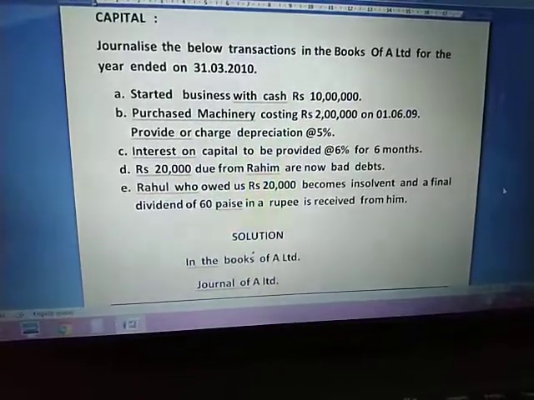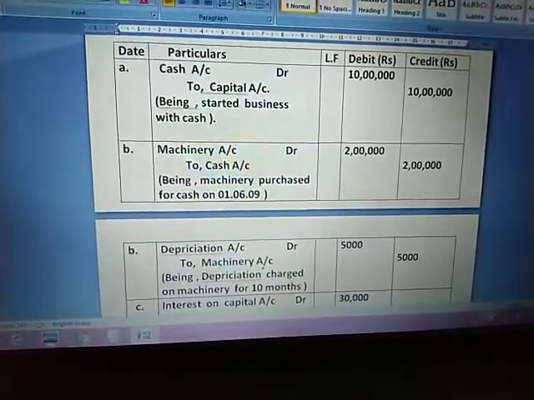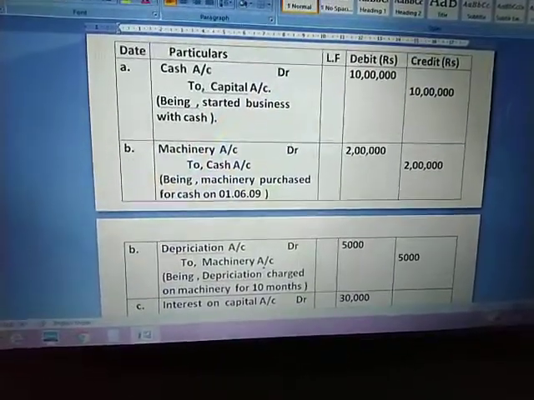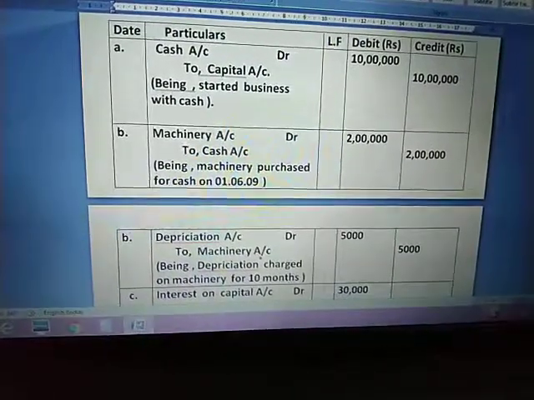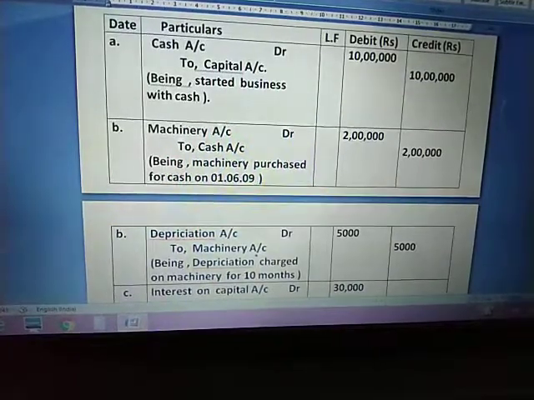Okay, so in my entry, I will show you how to record all this. The first entry, when we start the business: cash account debit to capital account. Then we have purchased the machinery for cash, and then we have provided depreciation. So depreciation is debited as it is an expense, and machinery is credited because it reduces the value of machinery. Right,